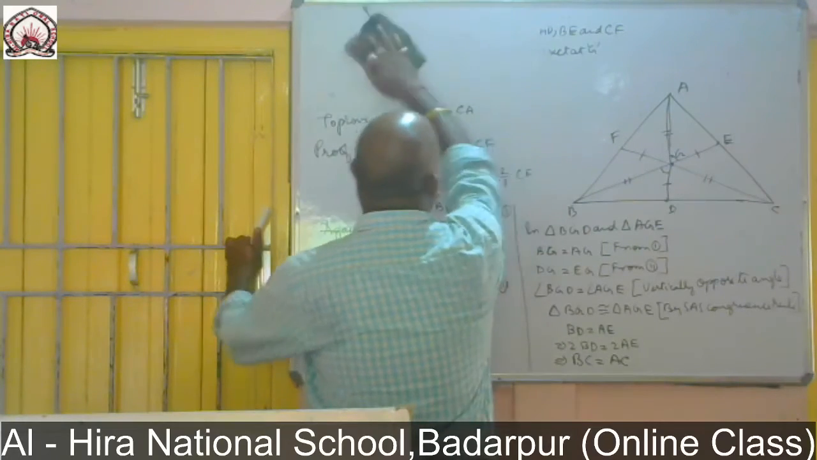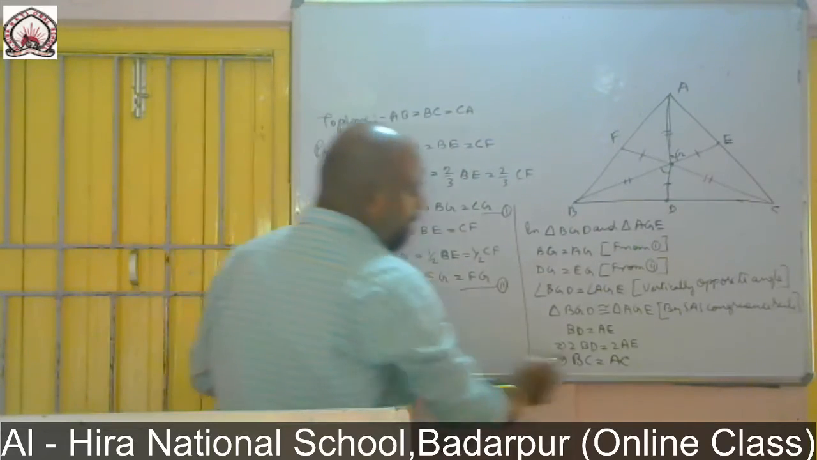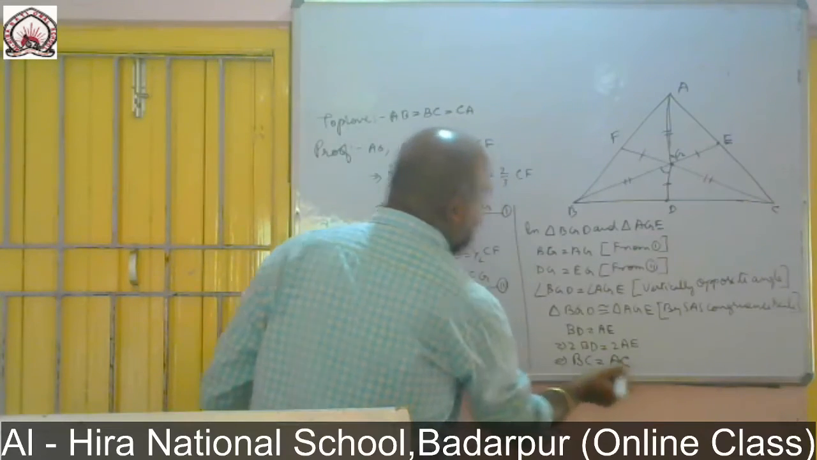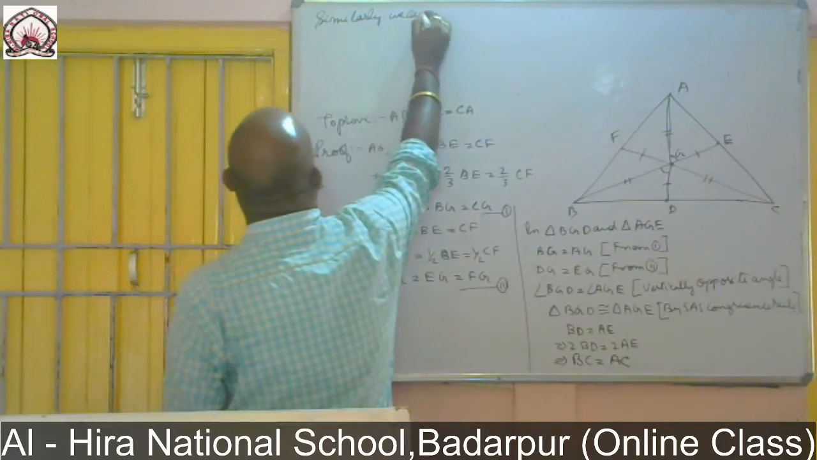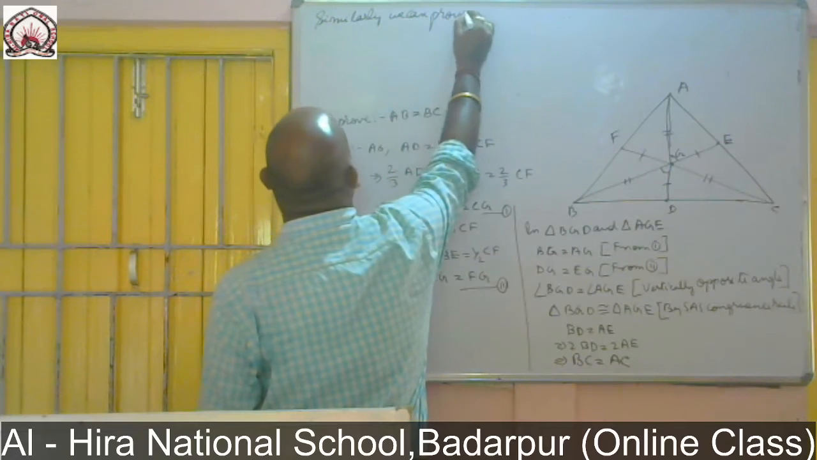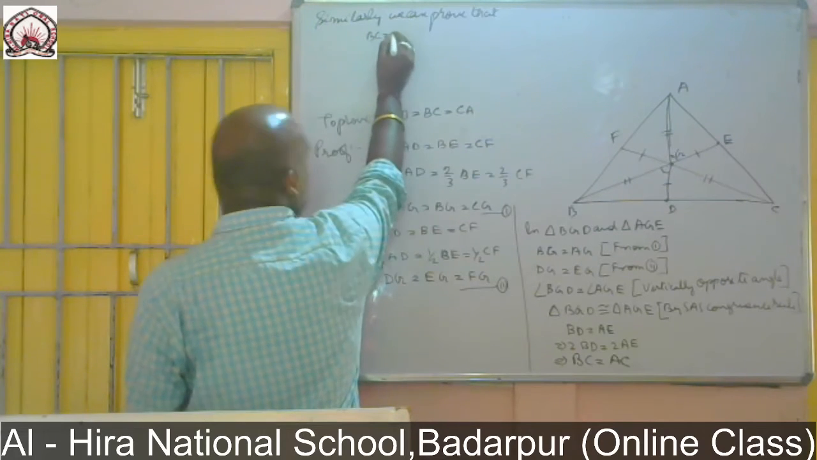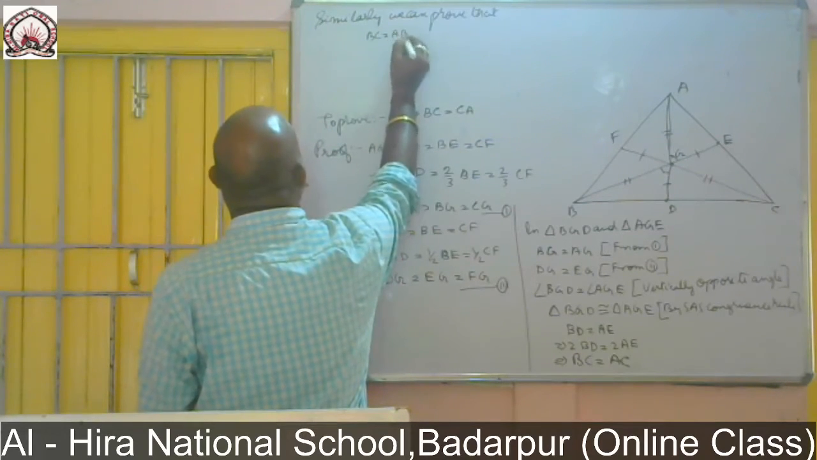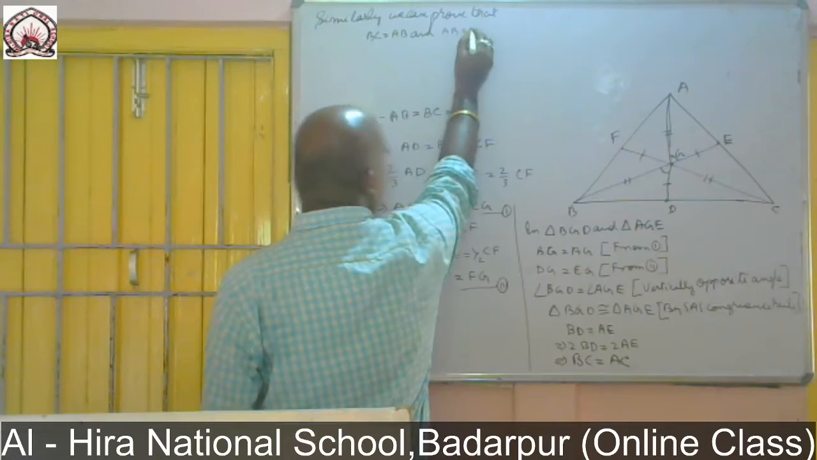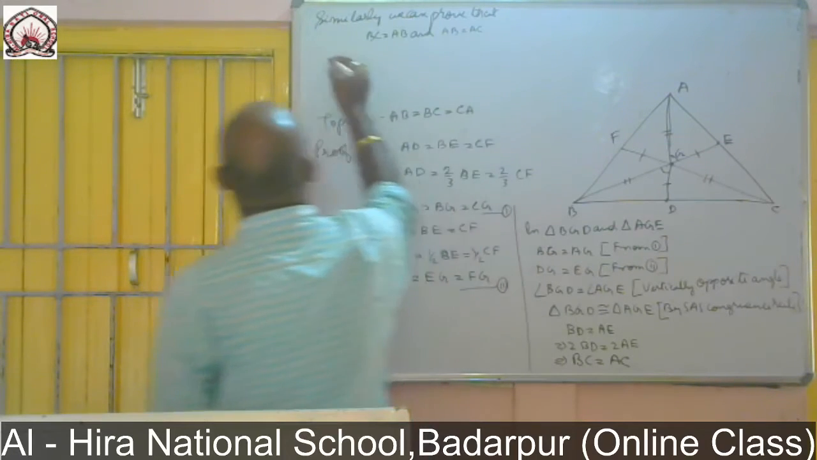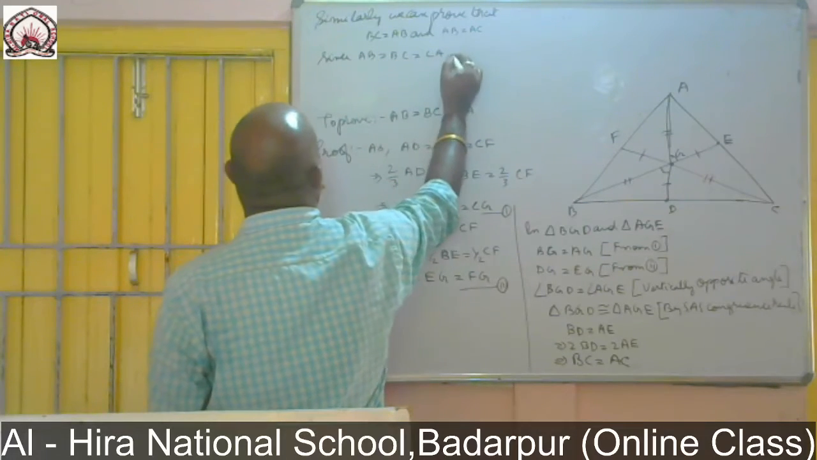Now, BC equal to AC. Okay. Similarly, we can prove that BC equal to AB, and AB equal to AC. Since AB equal to BC equal to CA, hence